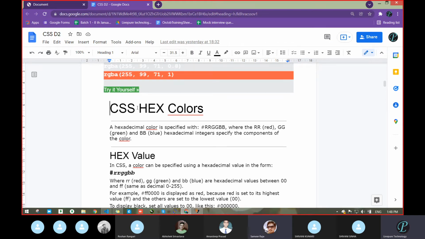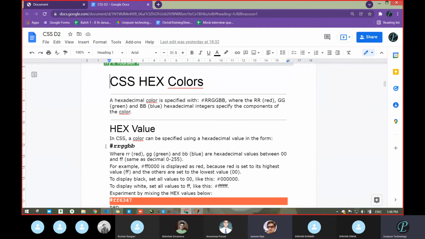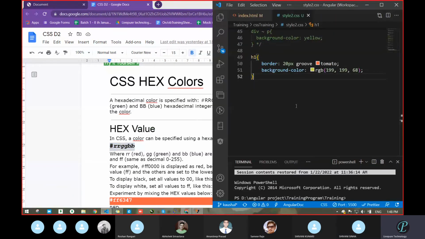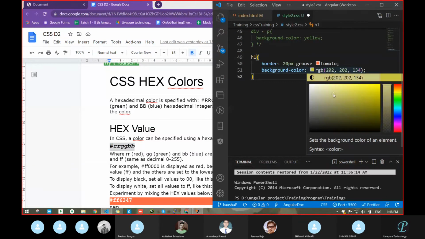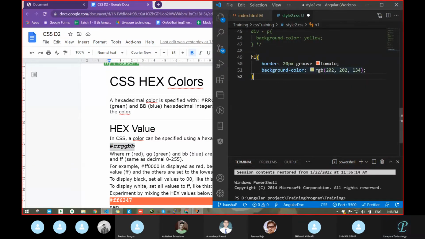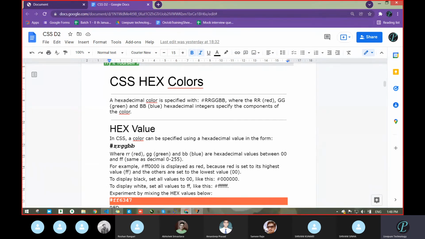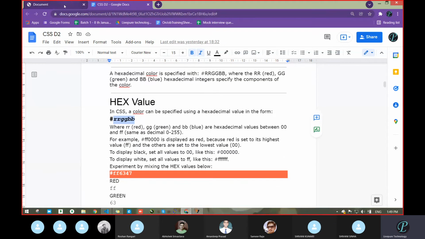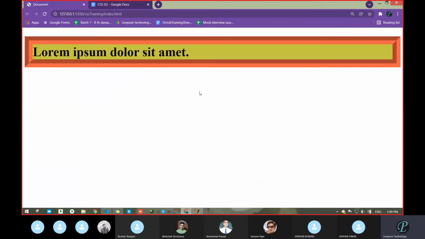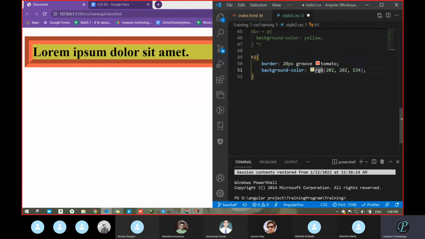So next is the hexadecimal value. How do we pass hexadecimal? With the hash symbol, as we had seen here. Hexadecimal is there, then see what the color coding is: RR, then GG, then BB, meaning red twice, green, blue. This way we have to pass the value. Write something randomly and let's see what it will give.